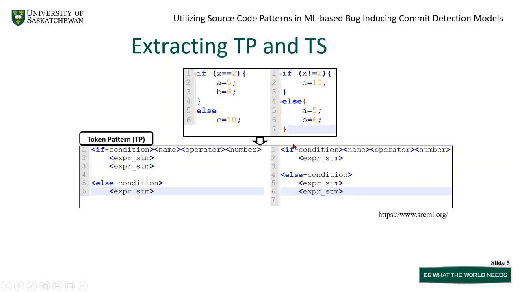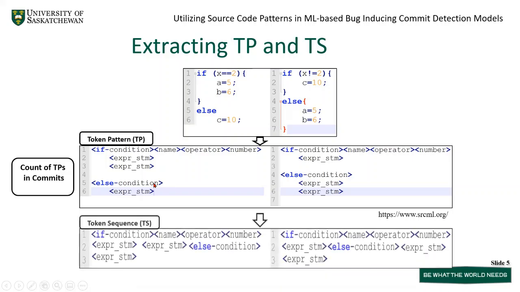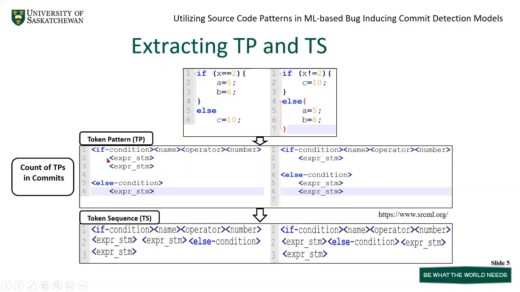Different hierarchies of tokens will provide different token patterns, and we will count the token patterns and use them as feature values. As the token patterns are different, we will also get different token sequences for both code segments, and we will use an n-gram based bag of words from the token sequence as feature values in